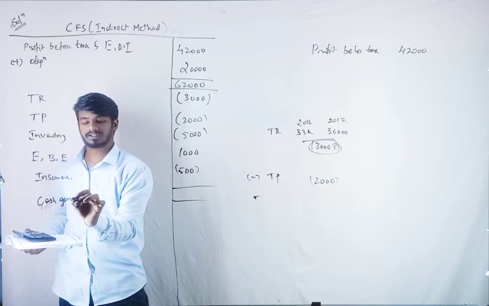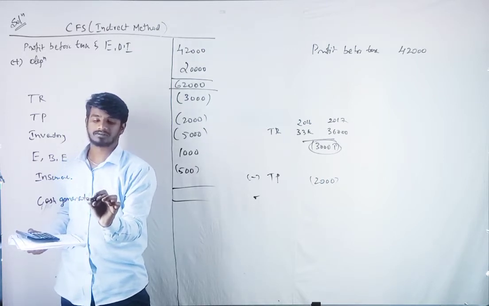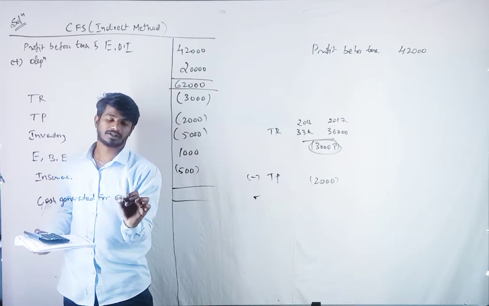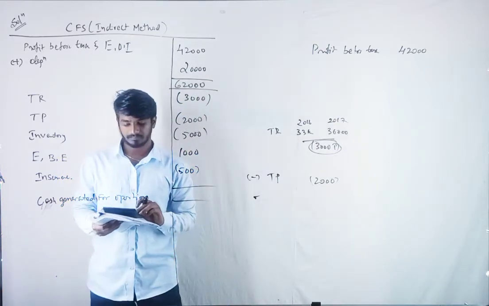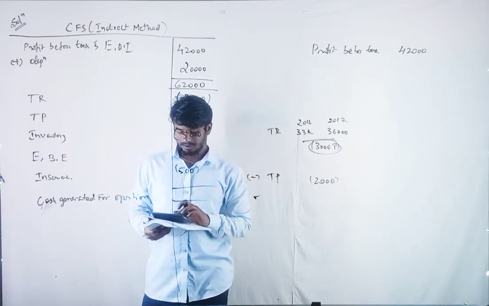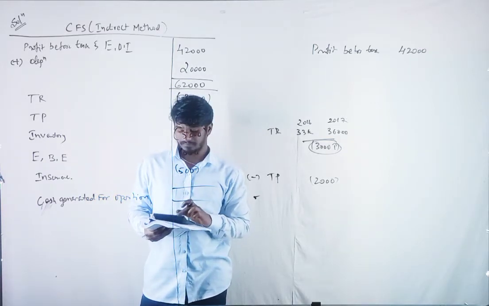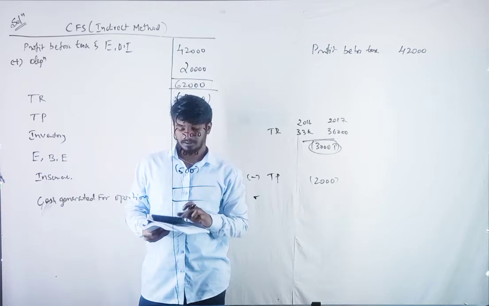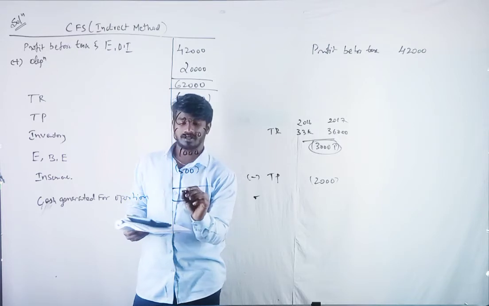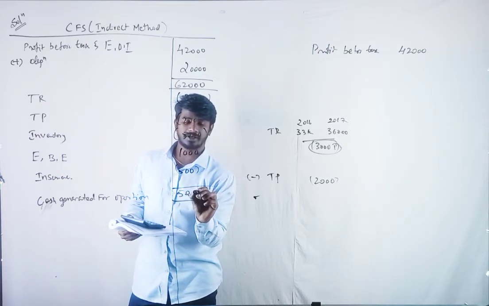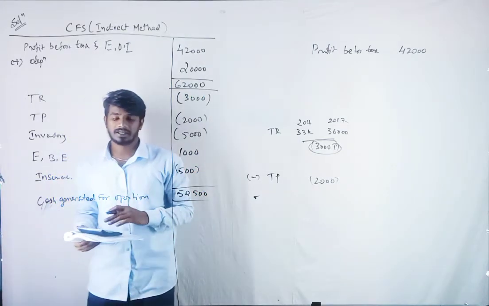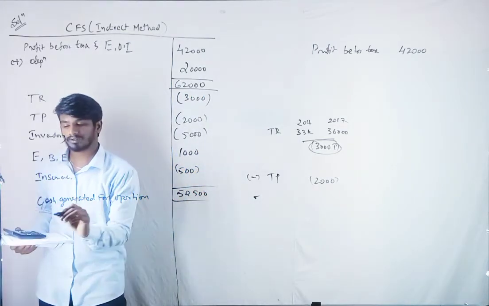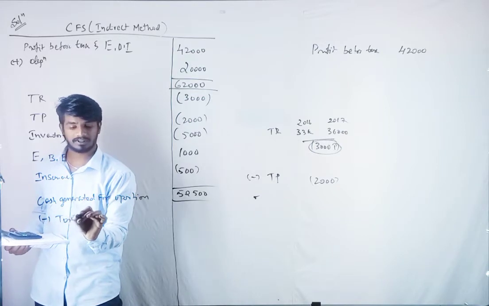Cash generated from operation. How much? Okay, minus 2,000, then minus 5,000, then add 1,000, minus 500. It will be 52,500. Direct method also we get cash generated from operation the same amount, and we will reduce the tax, that